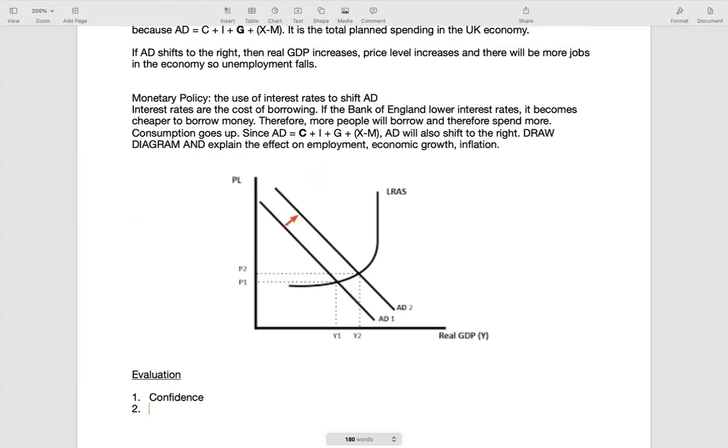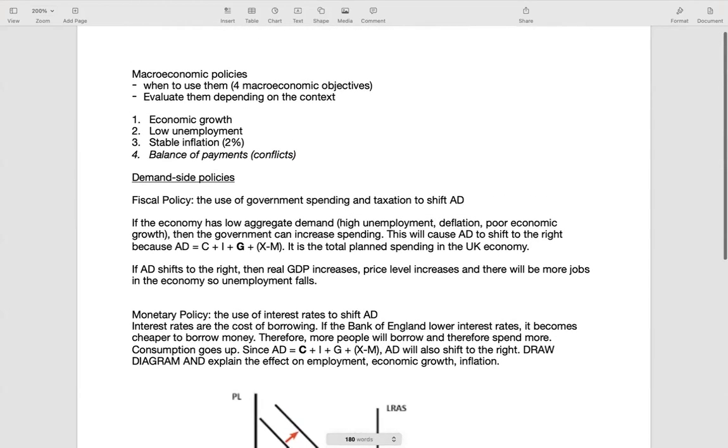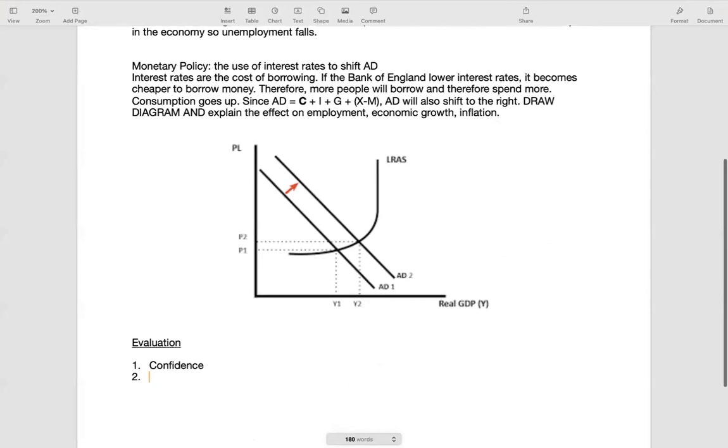Confidence is just saying that, let's say you lower interest rates. Normally, if you lower interest rates, people will borrow more and spend more. But let's say there's low confidence in the economy. Even if you lower interest rates, then people would still be scared to borrow money because they think that